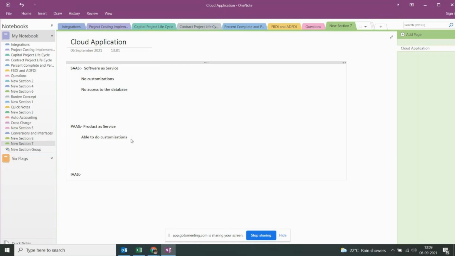Within this infrastructure as a service, here also we are able to do customizations, just like in PaaS, right?